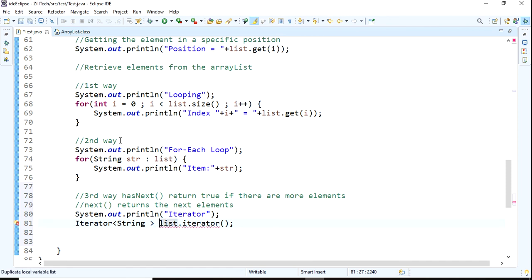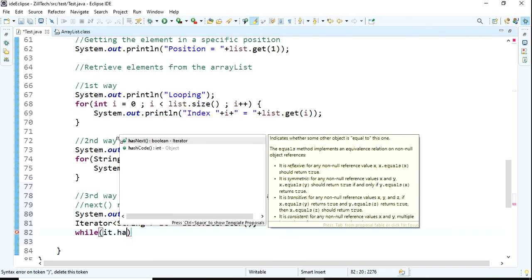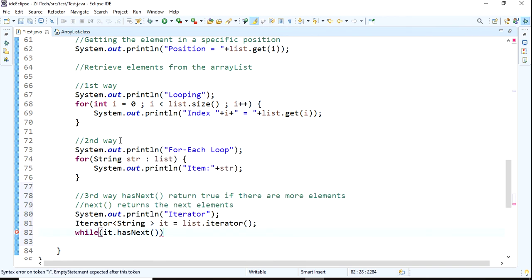For the reference, I'll take it equals to list dot iterator. And write a while loop, because while loop works with true and false. It dot hasNext returns boolean.